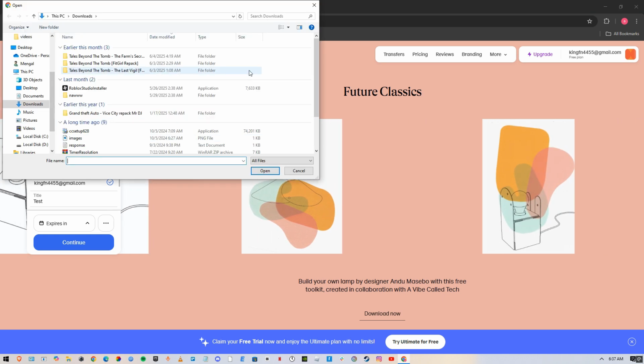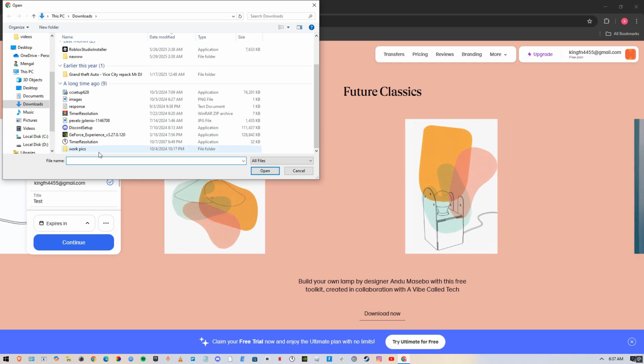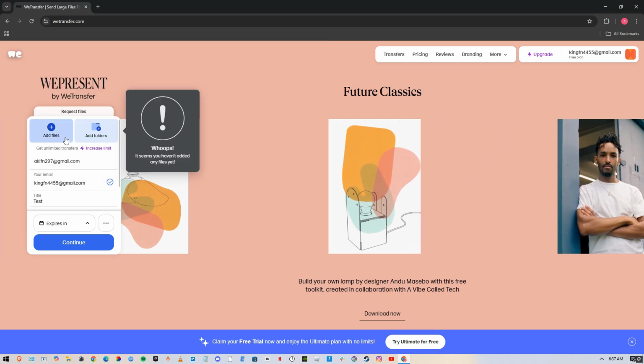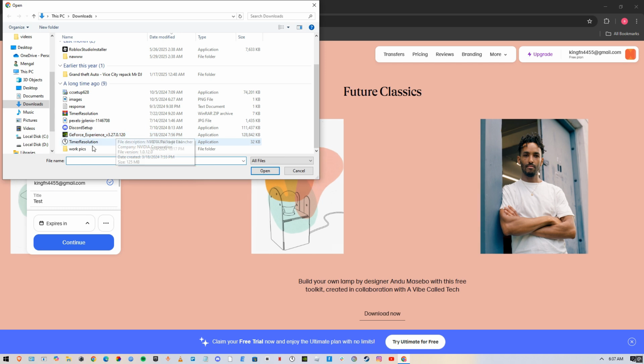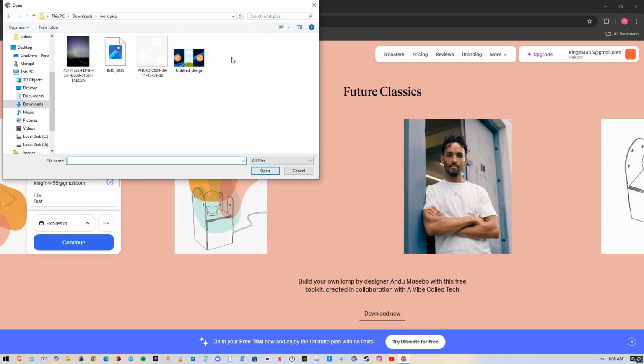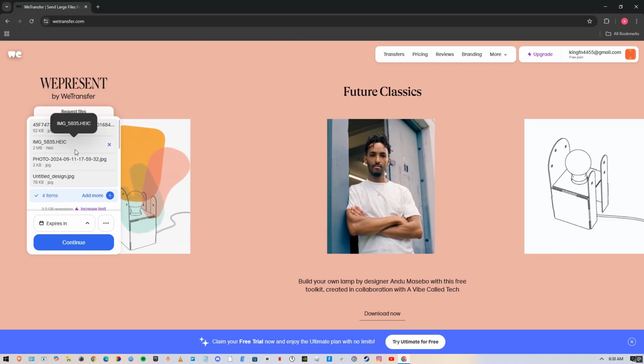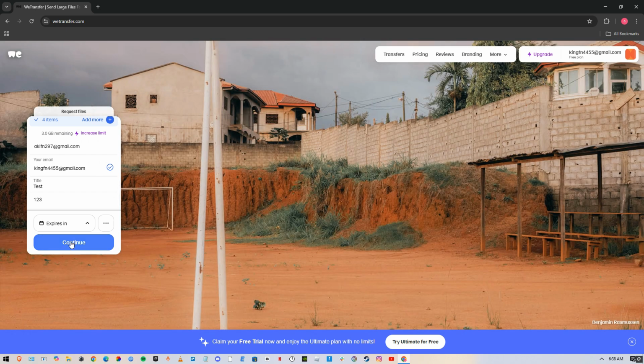So I forgot to add files. So I'm just going to add this file right over here. And yeah, just going to press this one right over here and then press open, and these files are over here. And here we are. Now I'm just going to press continue, and one day,